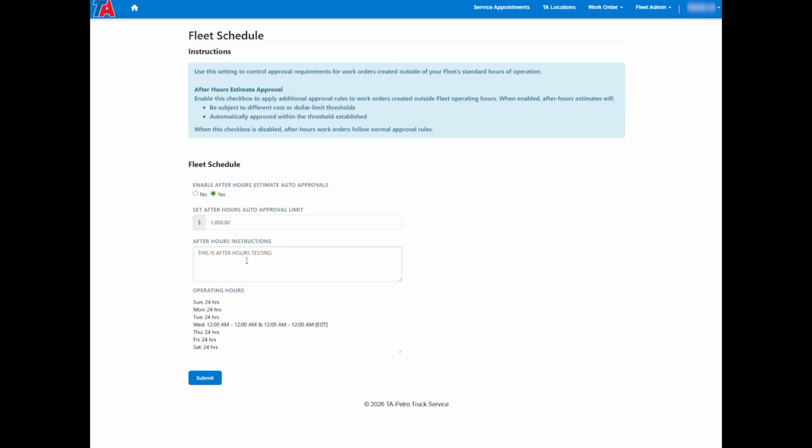The operating hours are set up by a TA administrator when after hours support is enabled for my account. I can reference what they've set here. I can then enable auto approvals for my account after hours, set the limit, and set additional instructions. Example,